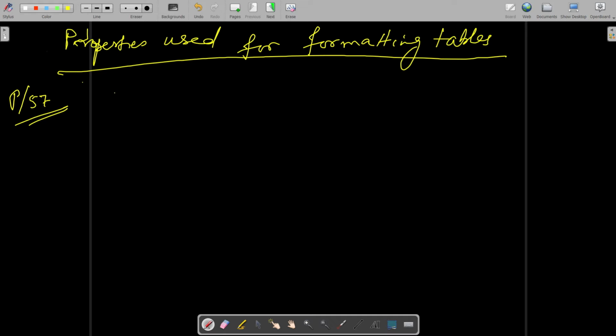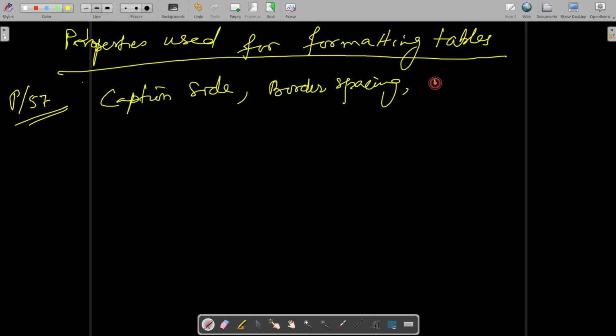One is the caption side property. Next is border spacing. Next is border collapse.